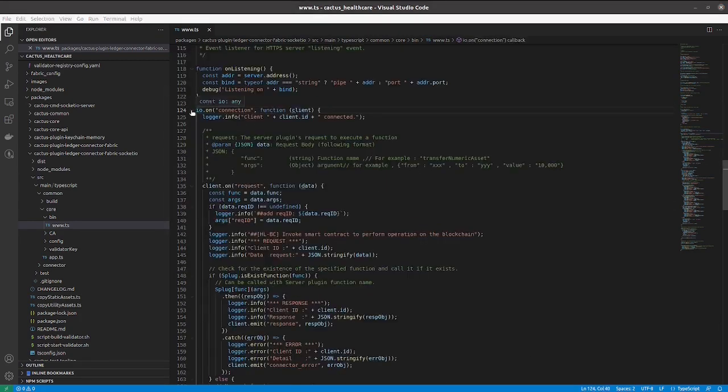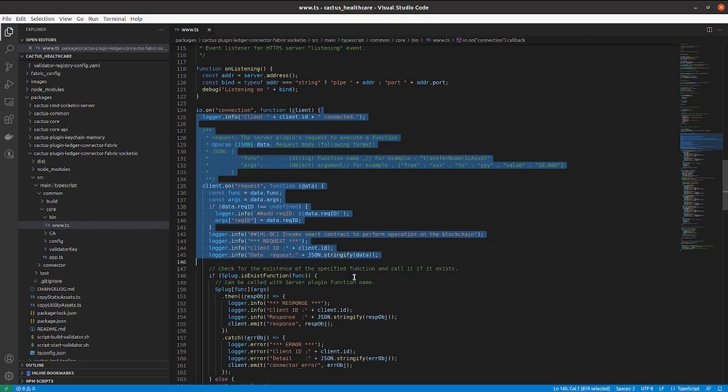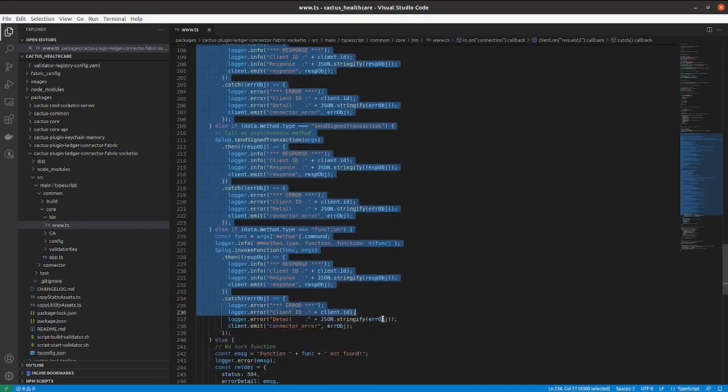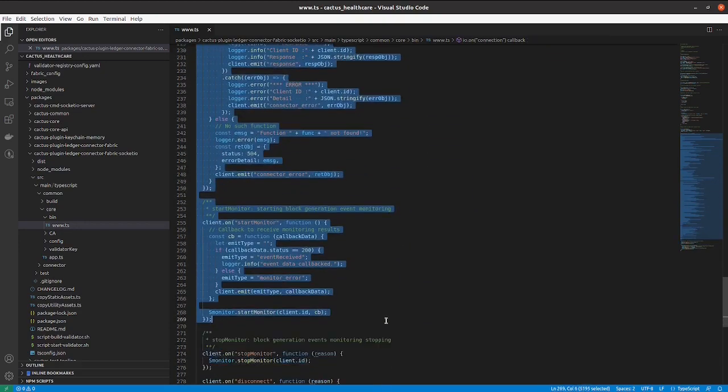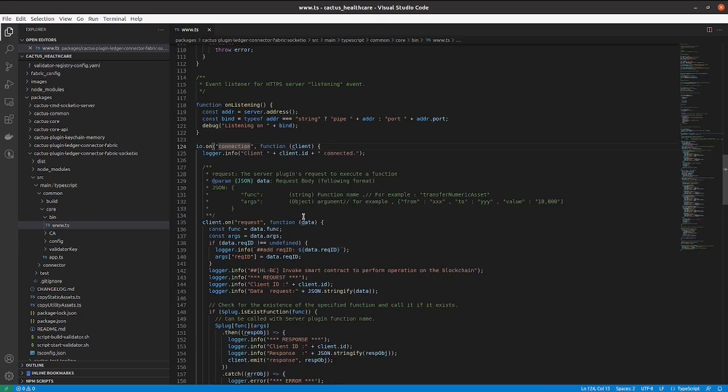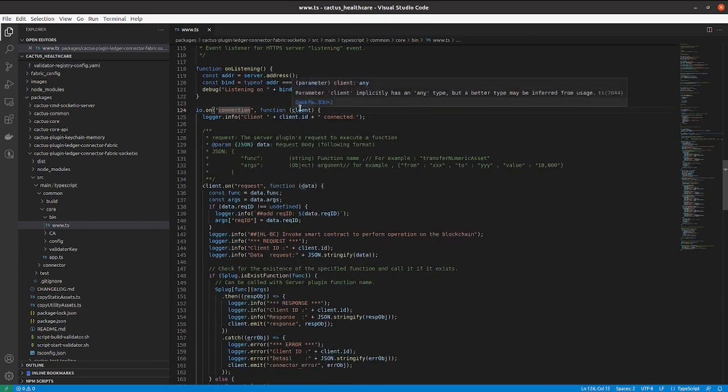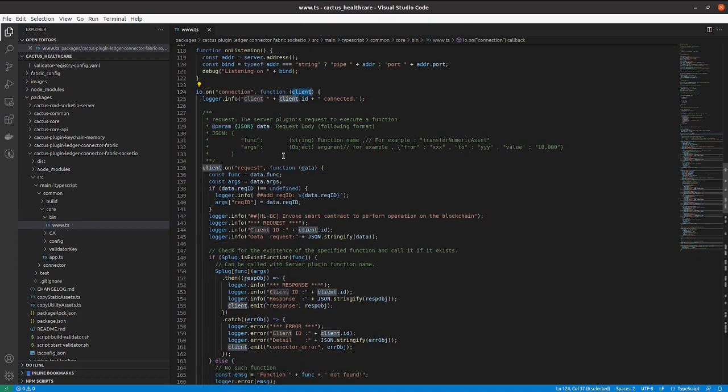There is an event listener added for the connection event, and this event listener is applicable for the current client connected to the server, and this event listener will be active until the connection between the server and the current client is terminated. Whatever event handlers are written inside this connection event listener will be applicable for this currently connected client, and we can add listeners for the client also.